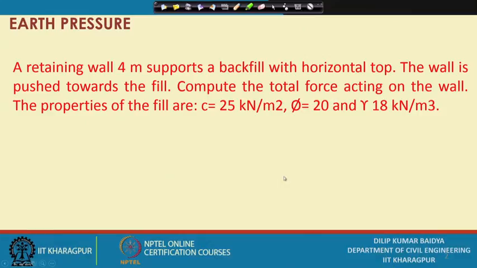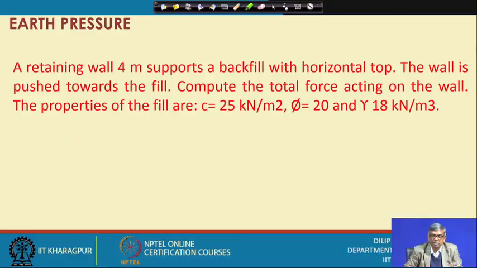So, let me take the first one here. The problem is like this: a retaining wall 4 meter supports a backfill with a horizontal top. The wall is pushed towards the fill. Compute the total force acting on the wall. The properties of the fill are C equal to 25, phi equal to 20, gamma equal to 18 kilonewton per